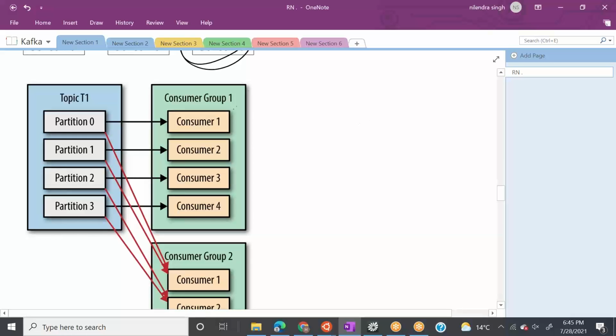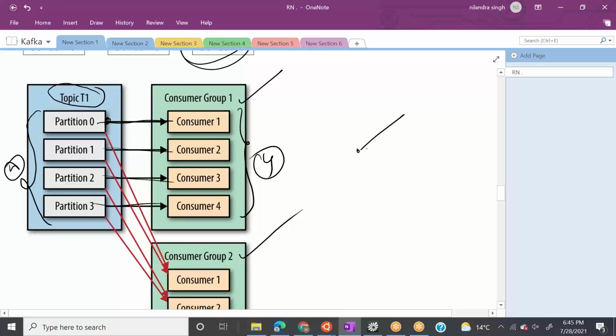Let's say we have consumer group 1 and consumer group 2, and a topic called T1, and topic T1 has 4 partitions. In consumer group 1, let's say there are 4 consumers; there will be one-to-one mapping between partitions and consumers. A single partition cannot be read by 2 consumers, so this scenario, C1 and C2 on the same partition, won't be possible.